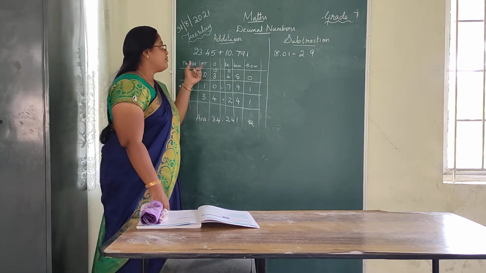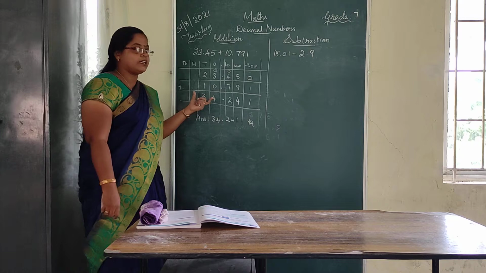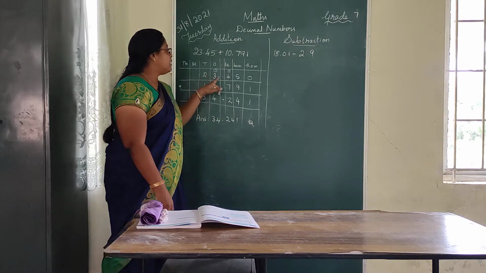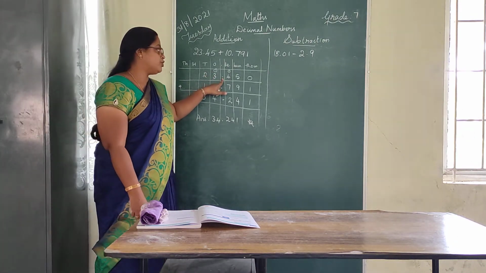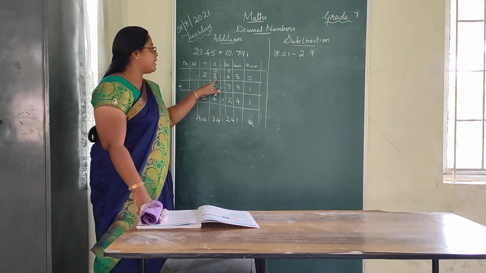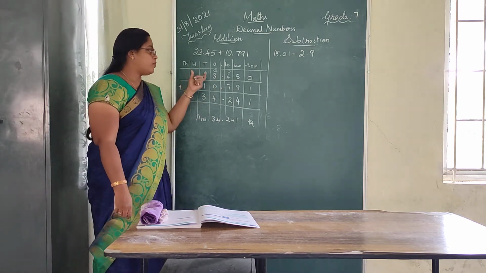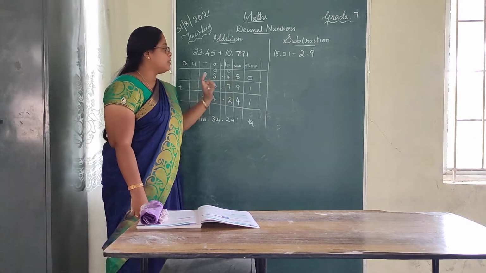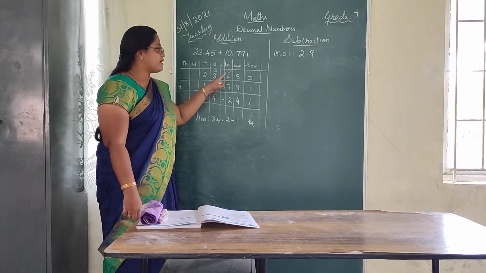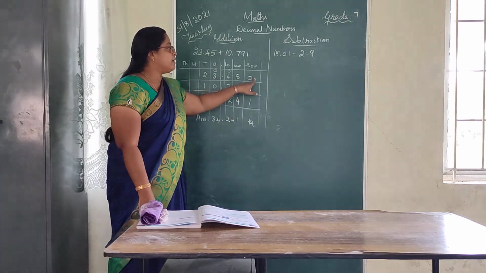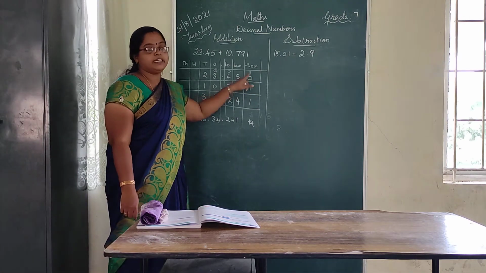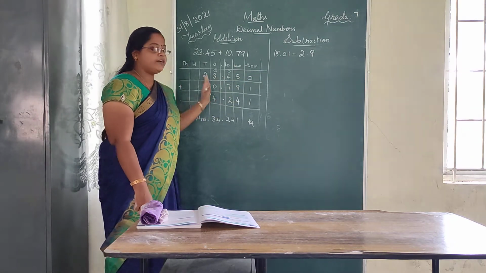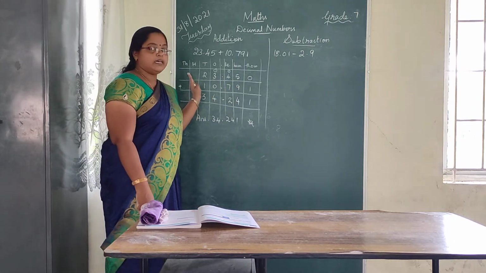Do you understand this addition? Once again I will explain. First of all, you should write the numbers in the place value boxes. It will not confuse you. So write the first number. The point should be right in the straight of the decimals, and what is before the decimal should be written in the before boxes, and what is after should be written in the tenth, 100th, 1000th place. The next number should be written straight below the numbers, and if you have no number, you should put 0, then it will not confuse. Then you add from right to left only. Don't add from left to right.